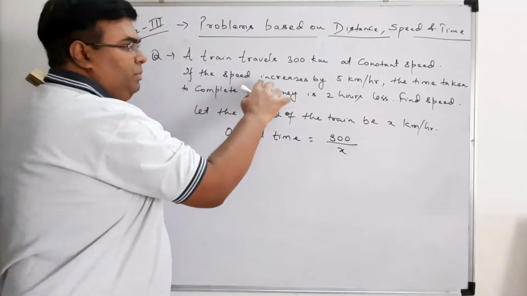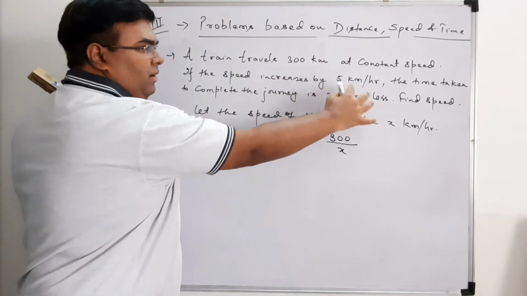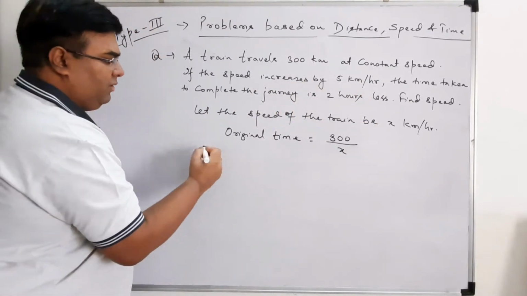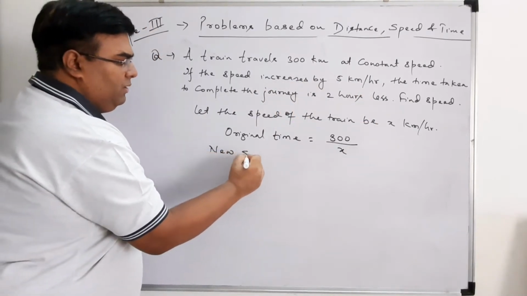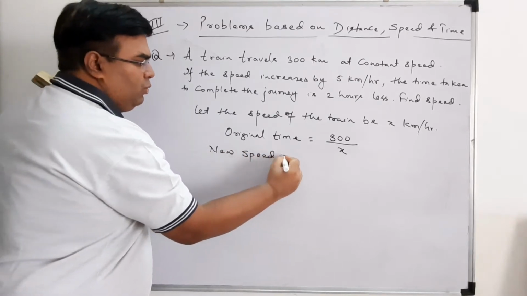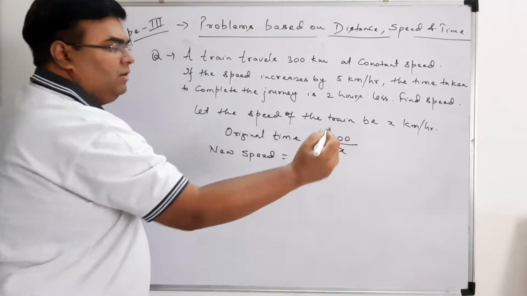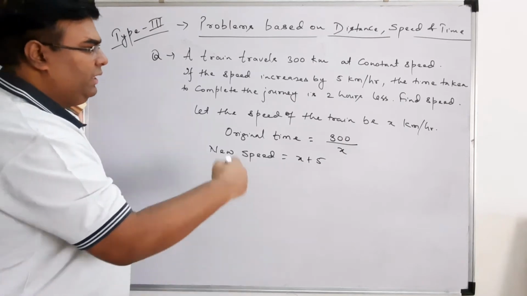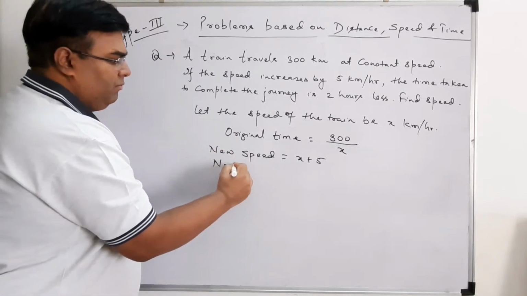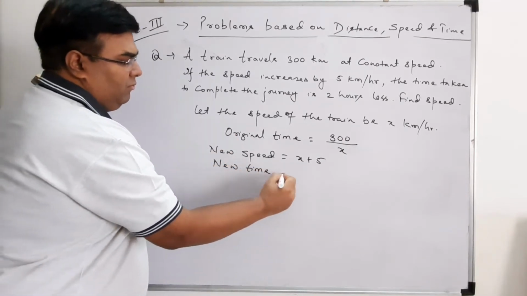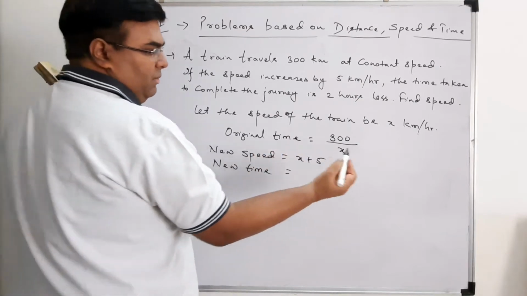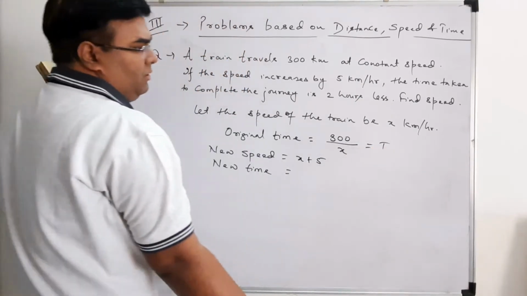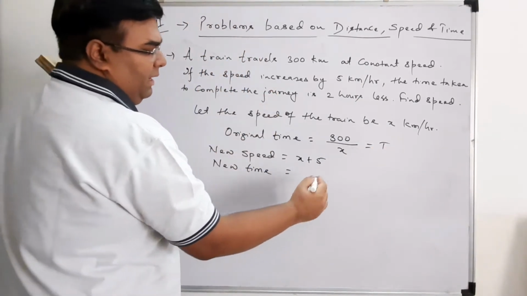Now my new speed increases by 5 km per hour. So what is your new speed? New speed is x plus 5. So a new time, suppose this was my original time t, so new time is t minus 2,